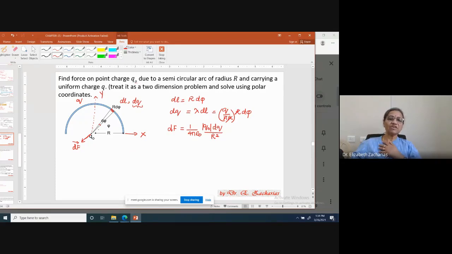Another thing is, let me say that this angle is phi. Let me say that this element is located at an angle phi from the x-axis. Next, what do? I have to use symmetry. So what should I next do? Consider a mirror element. Exactly. Consider a mirror element here, also carrying a charge dq, making the same angle phi. So this one will make a force dF in this direction. Okay, next what do?